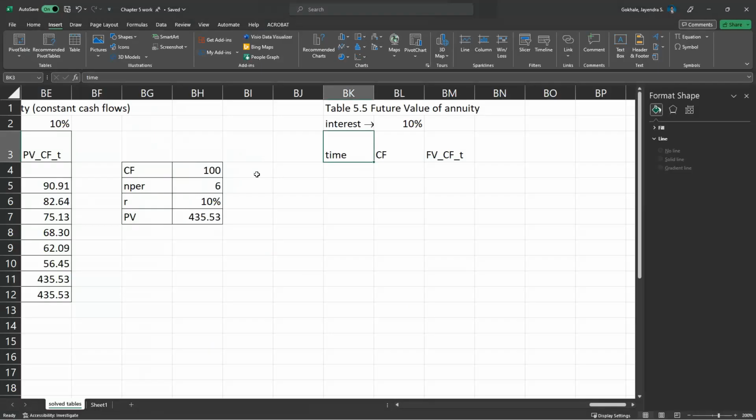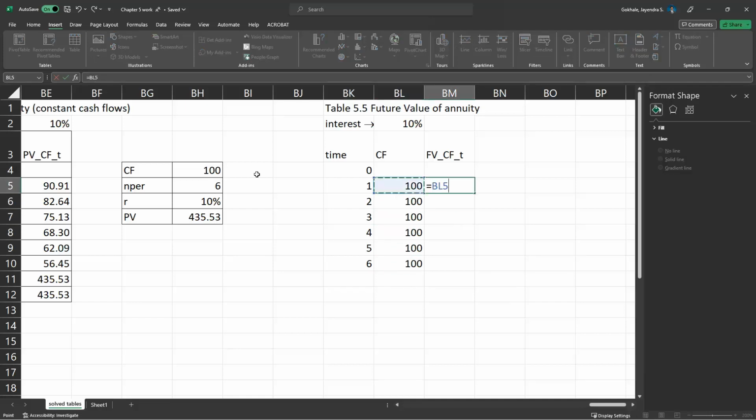To do that, let's just lay it out once again. 0 equals this plus 1, control D, control D, control D, and 6 periods. The cash flow is 100, equals up arrow, and that's the cash flow. Now we have to find out the future value of each of these, which means transporting this first cash flow to the 6th period, from the end of the first period to the end of 6 periods, which means we'll have to do this